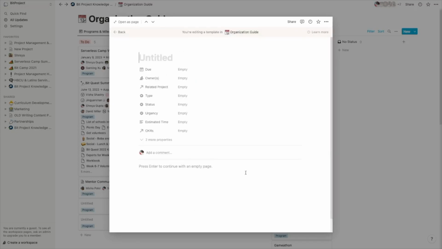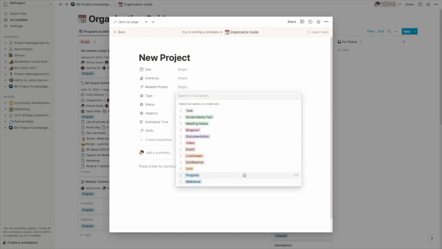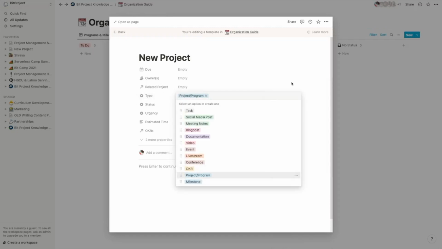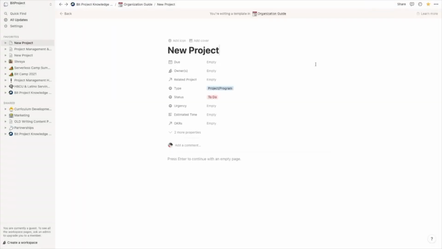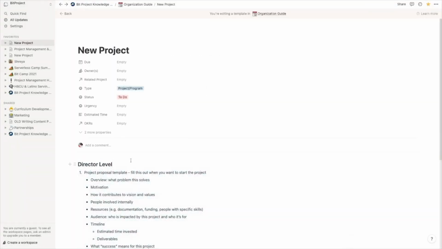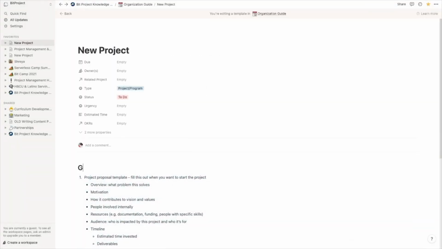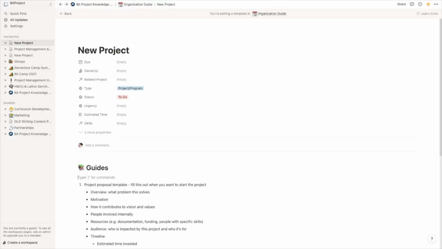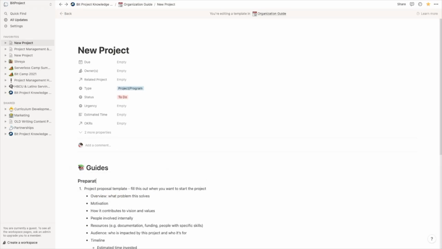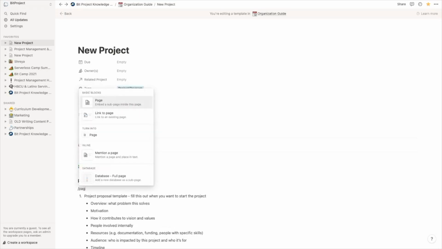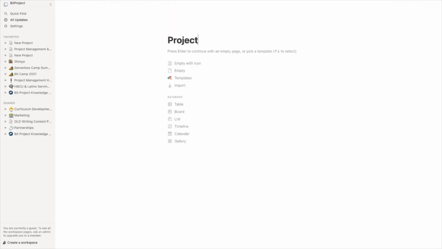Notion allows us to create templates in any database. We will first begin with creating a new template in the organization guide and call it New Project. Upon creation, we already know that this is a project in the to-do state, so we will add those 2 tags. Next, we can copy the 7 steps and start converting them from notes into actionable items. We will create a new page for the project proposal, which will make it easier to share with others on the team and refer back to later. Now we will convert the notes into prompts.